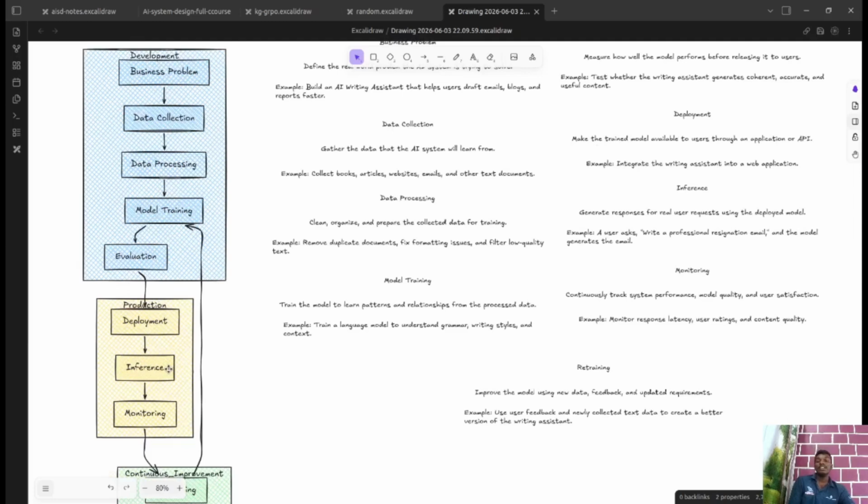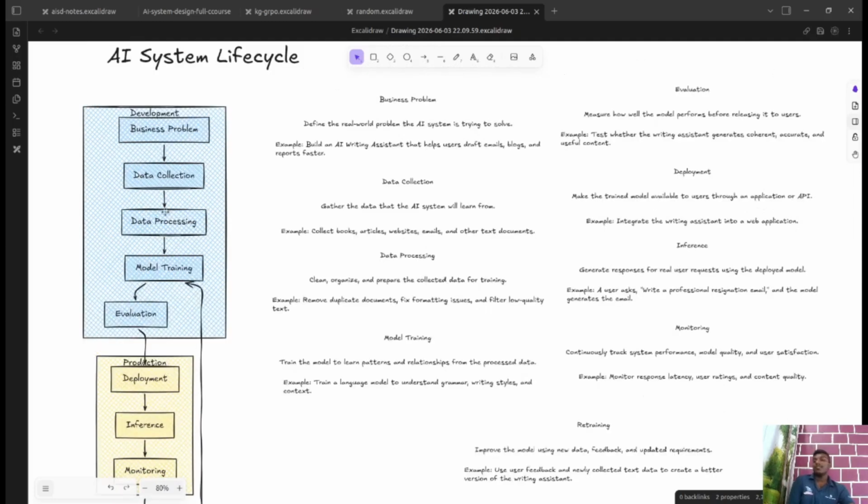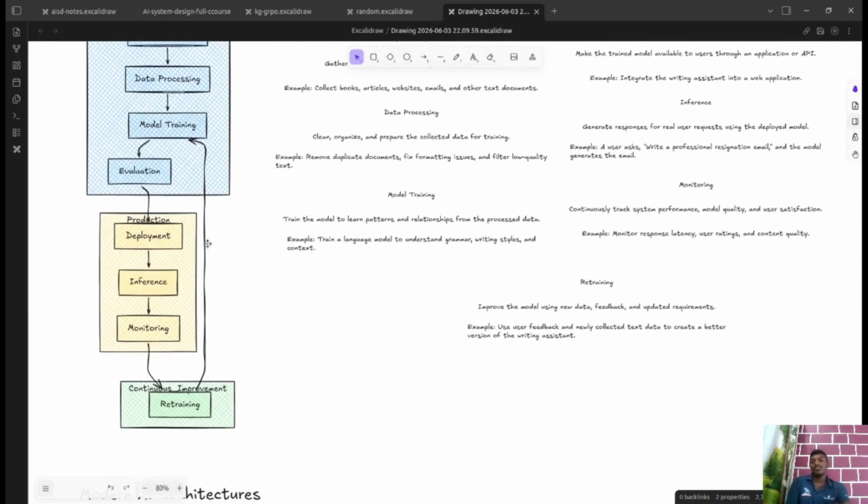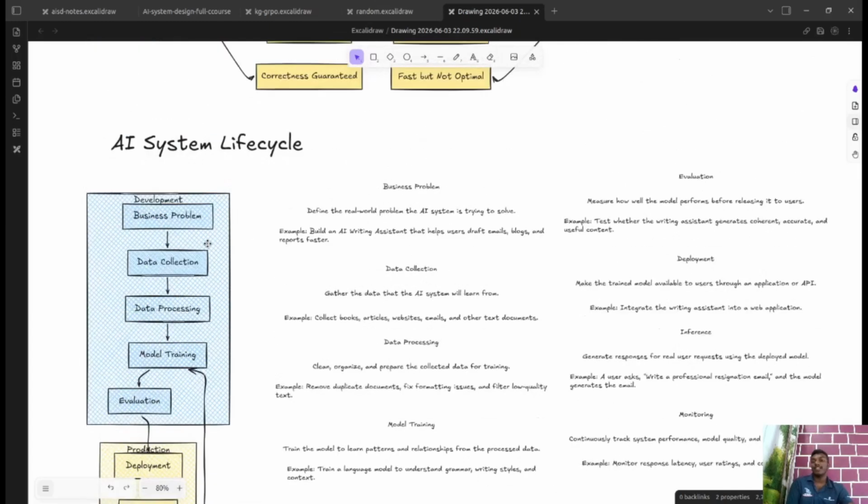As I said, some of these are skippable and not necessarily included in the system you are going to build, because they are already done. So we are going to leverage that already done hard work and make our life easier. So that's it about the system life cycle.